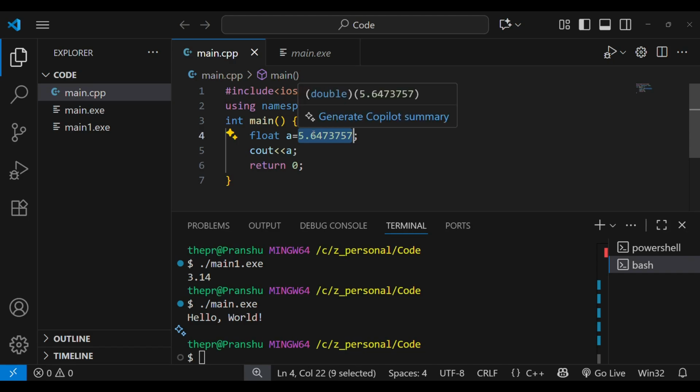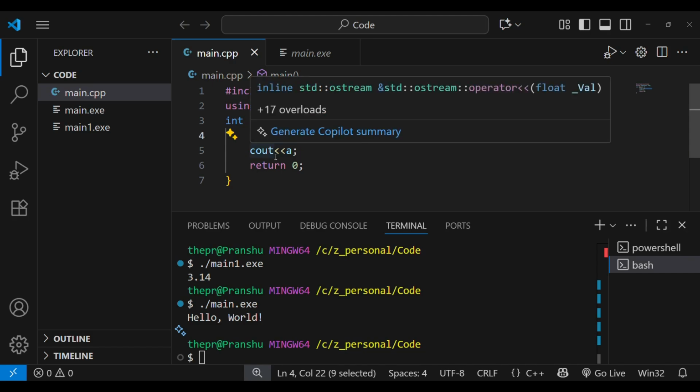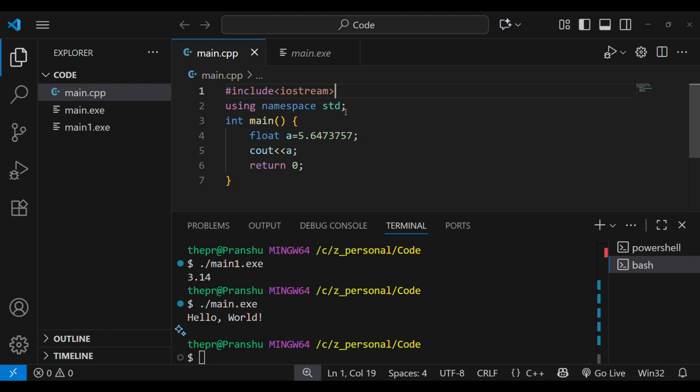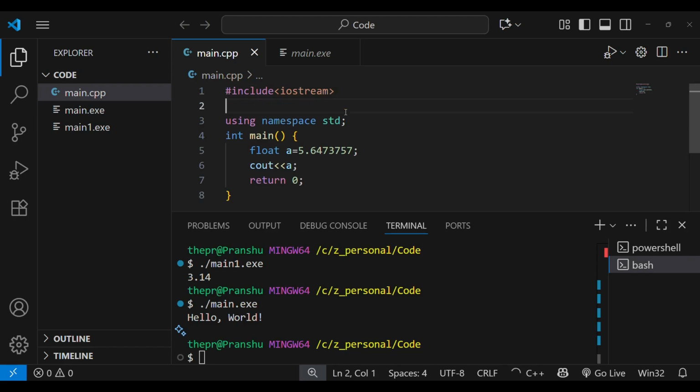Okay, but if this code is running again and again, and we need to write this again and again, so we define a macro using hash define, like this is the number, like any number, and num with 5.6473757.